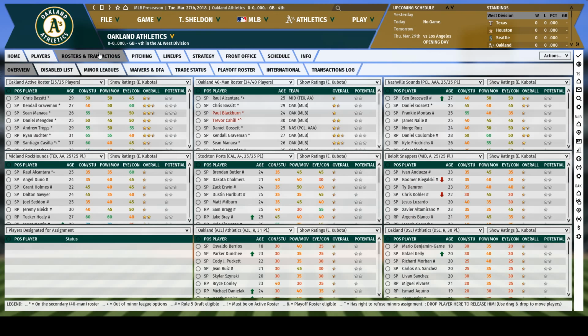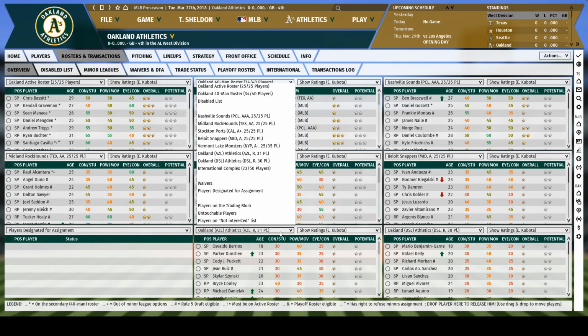The Rosters and Transactions tab is where it displays all the other rosters in your organization, including your 40-man roster. You can make transactions from here. You can also view certain transactions, such as your players that are designated for assignment. You can also change these tabs to display what you want them to display. So for example,